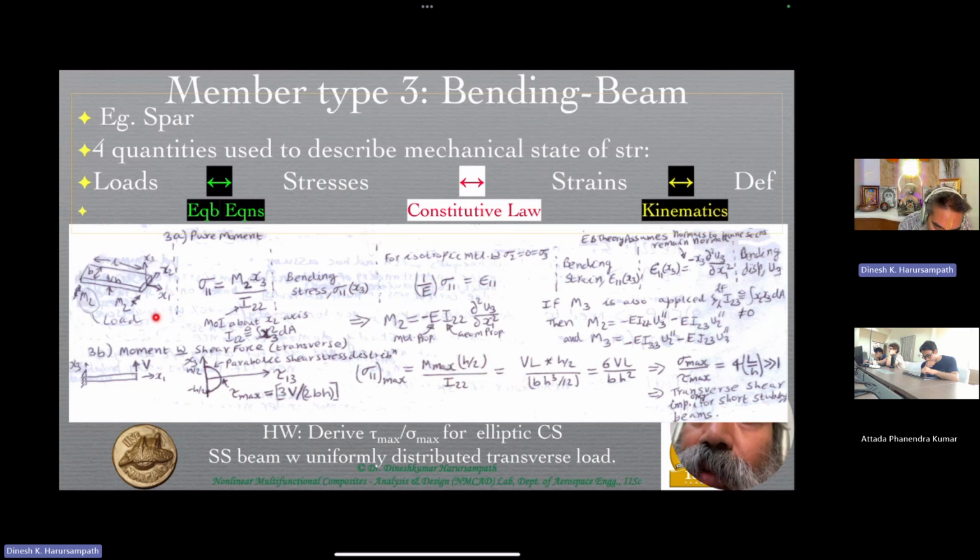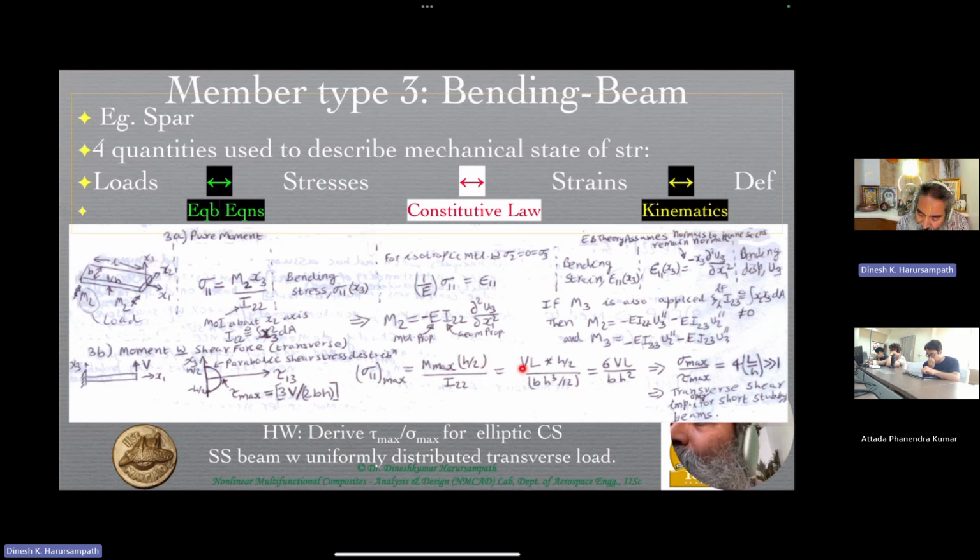Or in any example, you can choose the x2 in the flow direction, and then x3 will become bottom to make it a right-handed triad, in which case your x3 coordinate system will have an opposite sign to what we have here. Doesn't matter. Here we are only talking about the absolute values, the maximum, and therefore h by 2 is multiplying